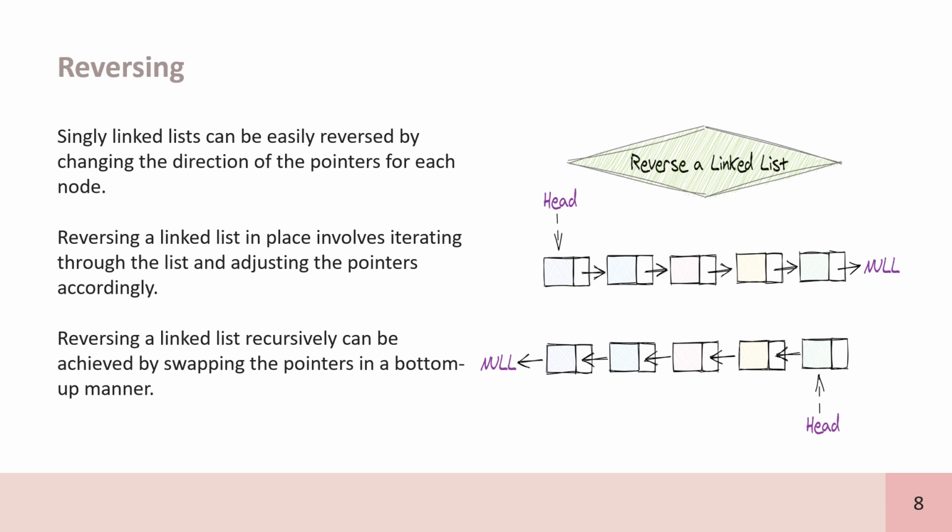We will go through reversing a singly linked list. A singly linked list can be easily reversed by changing the direction of the pointers for each node. Reversing a linked list in place involves iterating through the list and adjusting the pointers accordingly. Reversing a list recursively can be achieved by swapping the pointers in a bottom up manner. So what we will do here is we will just change the head pointer and null pointer, and thus the entire linked list will get reversed. So going to the next slide,